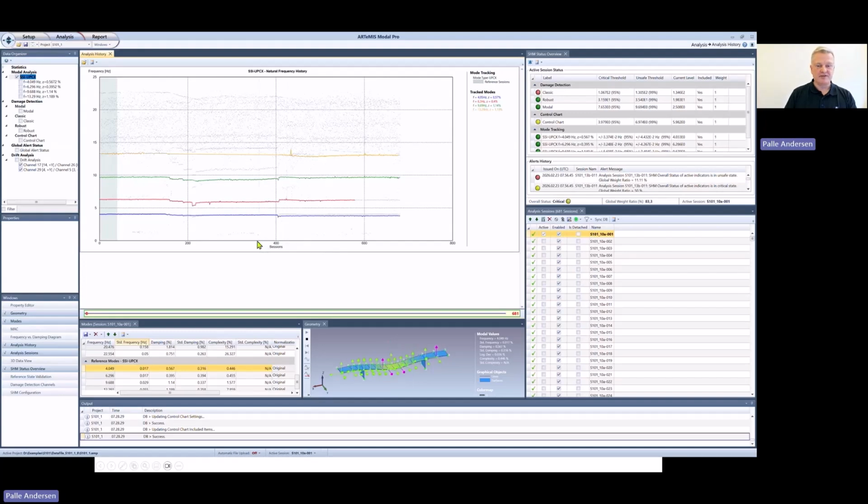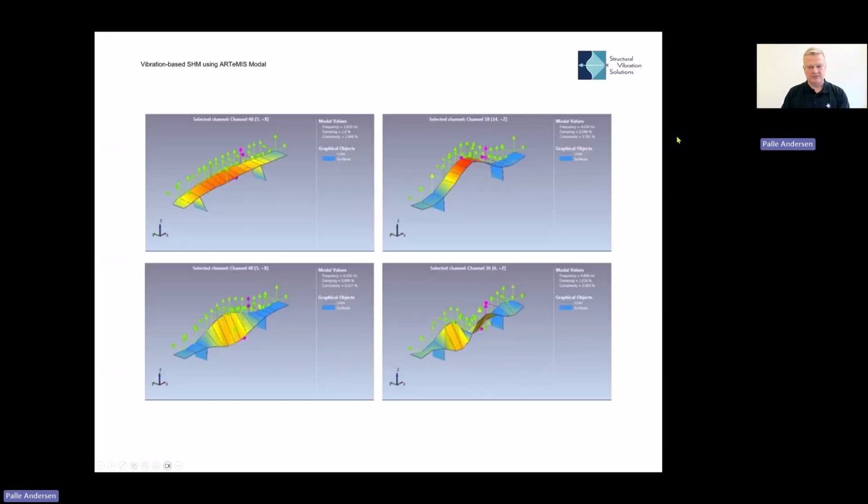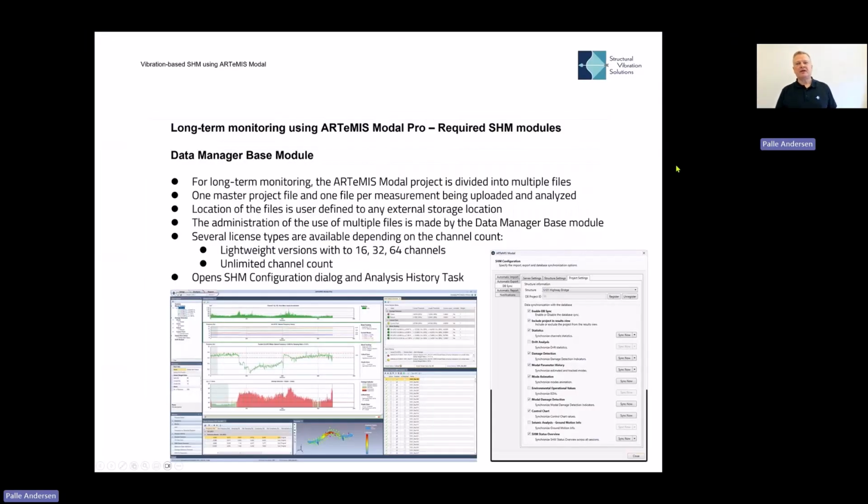So this is a very short introduction to how an analysis looks when you have completed it in this SHM study we have done of this S101 bridge. Let's go back here to the presentation. So you saw this analysis task looking like this, and in order to get this showing up,